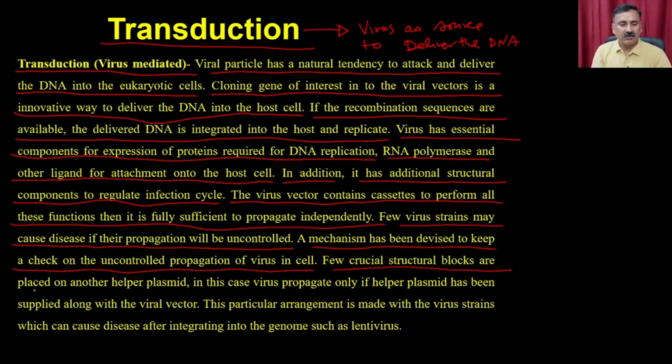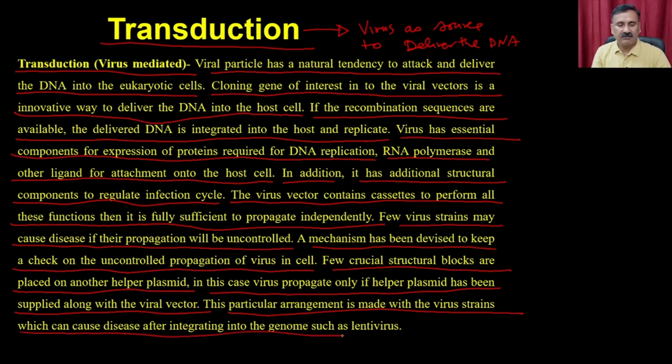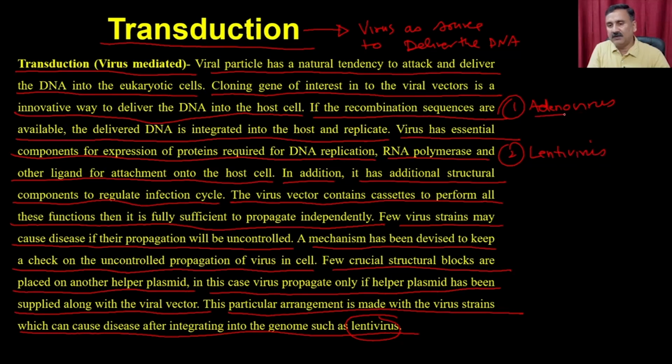Crucial structural blocks are placed on another helper virus. In this case, the virus propagates only if the helper virus has been supplied along with the viral vector. This particular arrangement is made with virus strains which can cause a disease after integrating into the genome, such as the lentivirus. So in transduction, you can have two different types of viruses, adenovirus or lentivirus. Okay, so adenovirus can be used very extensively to express the protein, where the adenovirus is